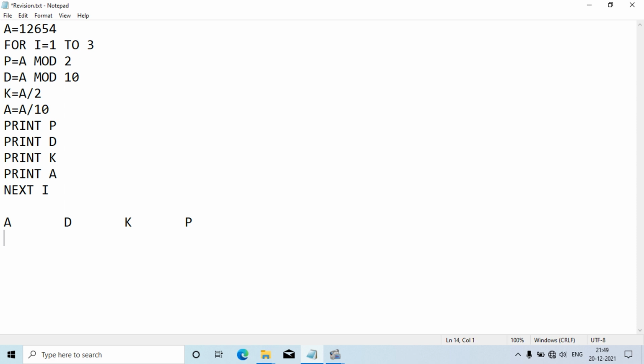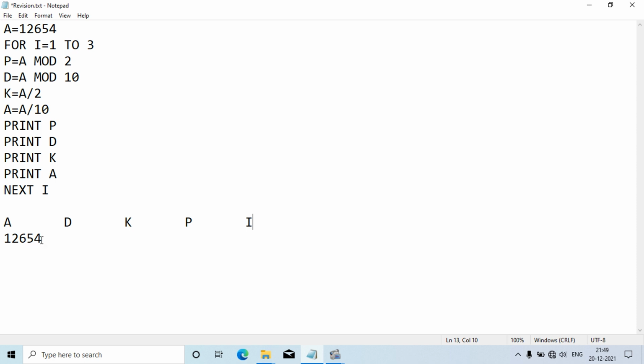So the value of a would be 12654. Now what we are doing first: let us write I as well. The value of I is 1 here. So p equal to a mod 2, where a is 12654.